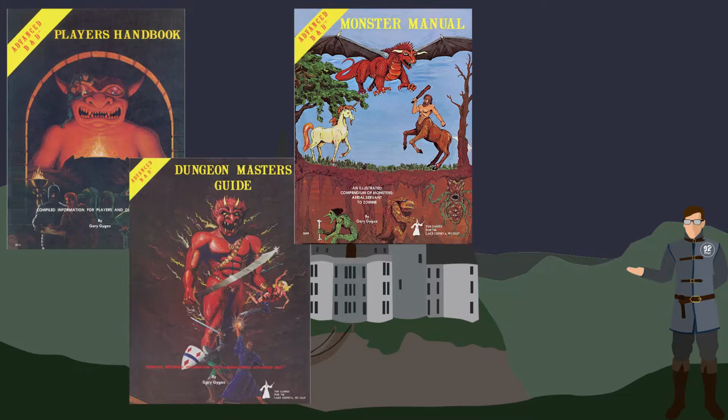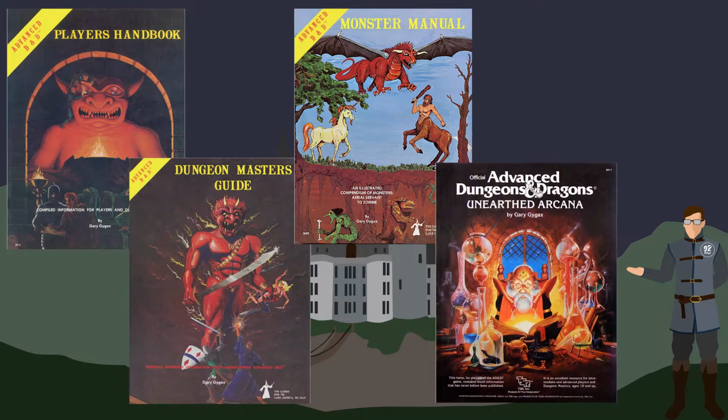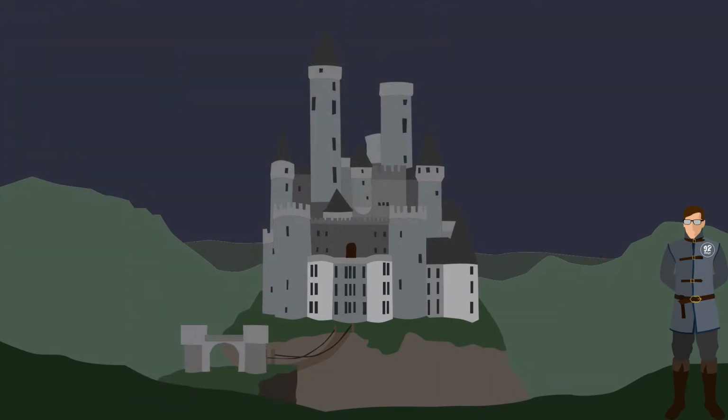For over a decade, we would have 2 versions of the Player's Handbook, the Dungeon Master's Guide, and the Monster Manual, and with the later edition of the Unearthed Arcana book, this would make 4 different books with 2 different versions being released for a combined decade of printing. To add confusion, 0E would continue to be printed until 1979, so we had at least 3 different versions of the game existing at the same time, all of which were being played and used different rule systems and game mechanics. However complex this may have seemed, it worked for 1E, and it would be one of the most popular